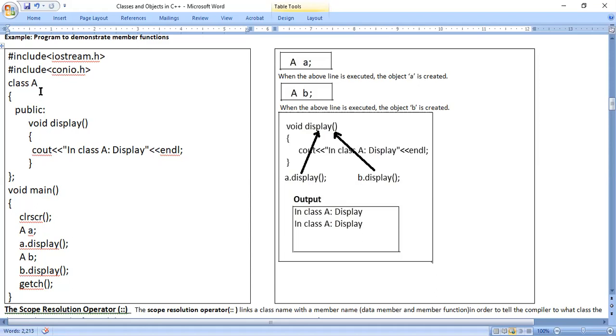The compiler will not think that at some time I have to consider class name A as an object name, or small letter a as a class name, nothing like that. Capital letter A is always considered as the class name, small letter a is always considered as the object name in this entire program. Okay, fine. Now, at this particular line, object a is declared. Next, at this particular line, object b is declared.